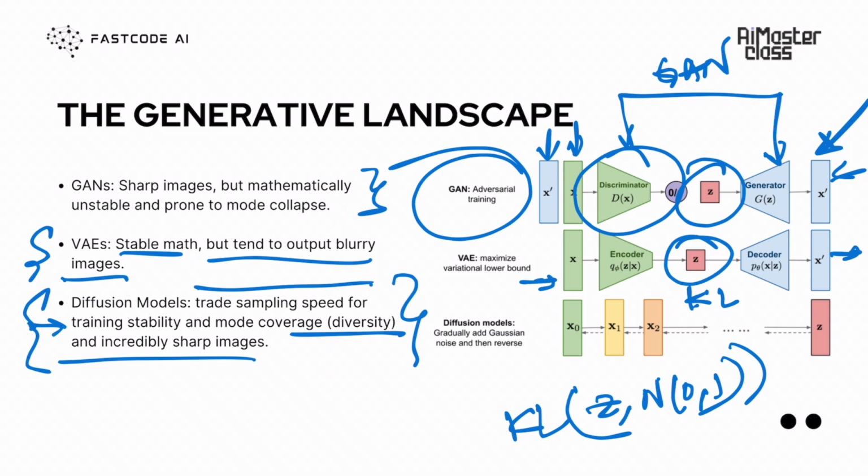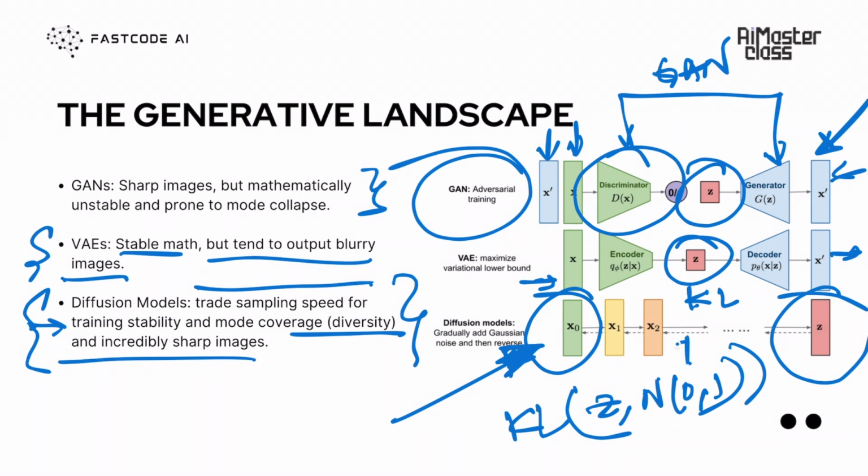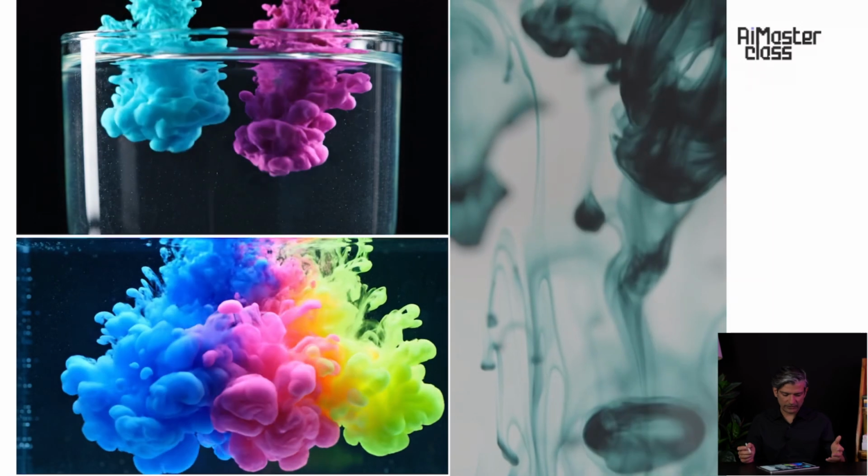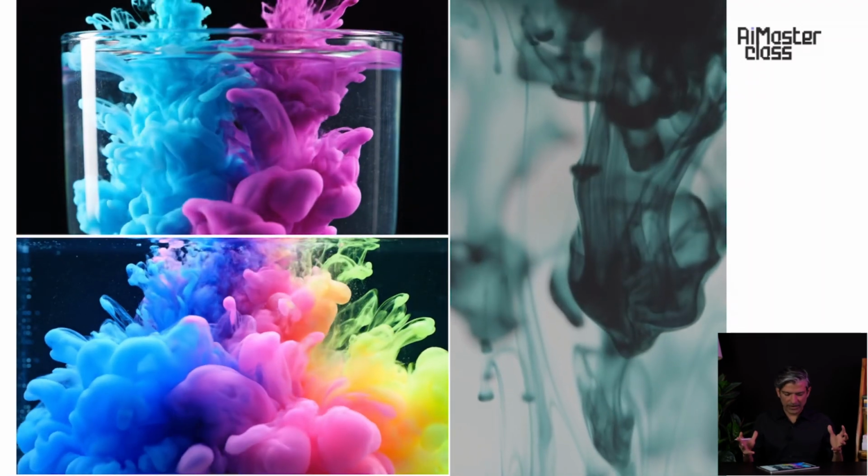So in diffusion models, what happens is, we start with something which is like complete noise, and then we achieve our final image, or vice versa. So x₀ is usually the final image. You start with noise, you go all the way to image, and this is the reverse process, and this is the forward process, and more on this in the next slides. So diffusion essentially looks like this, right? So this is diffusion in action.